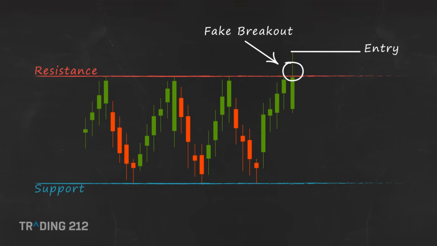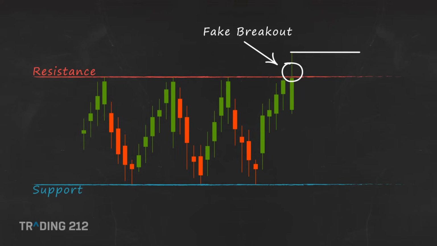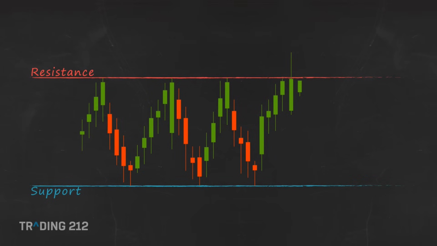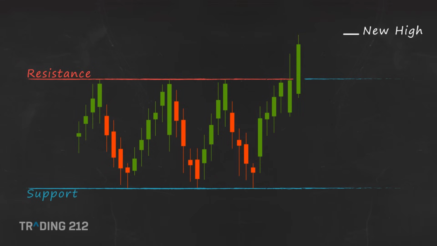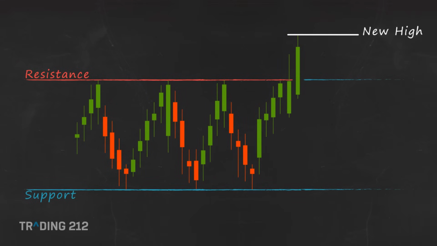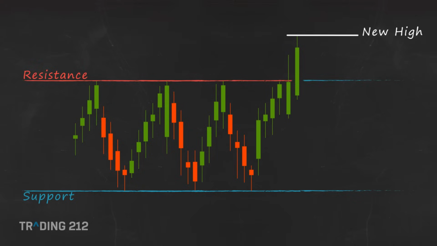In order to decrease your chance of trading a fake breakout, we suggest you wait to see if the price will continue to move in the intended direction. For instance, it's good to wait for a new high before going long. In this way, you will sacrifice some of the momentum of the trend, but you will ensure it's going in